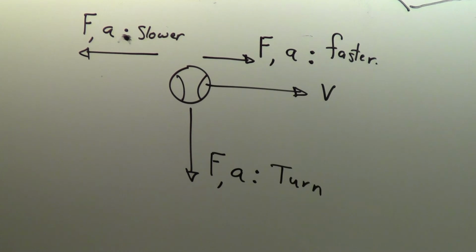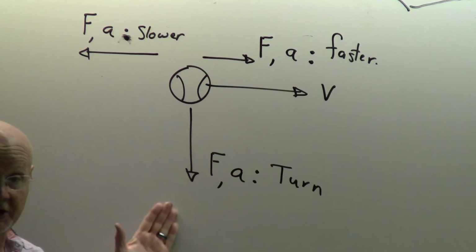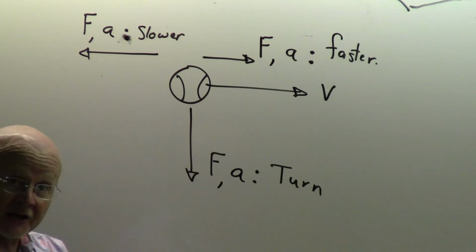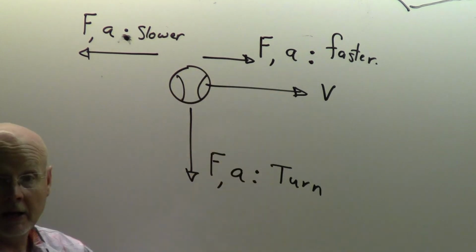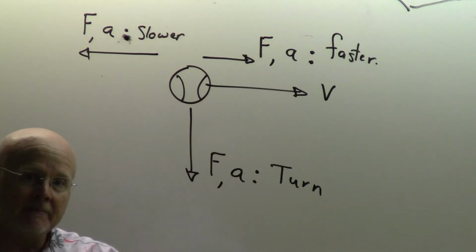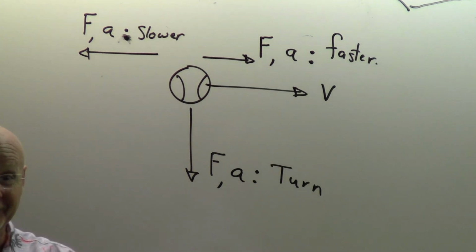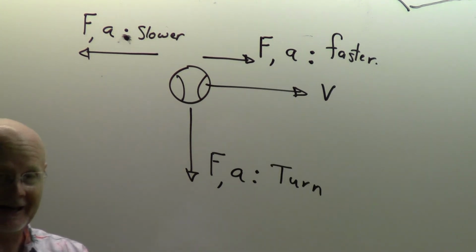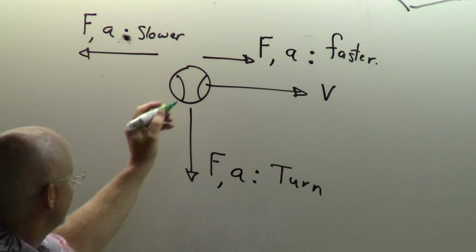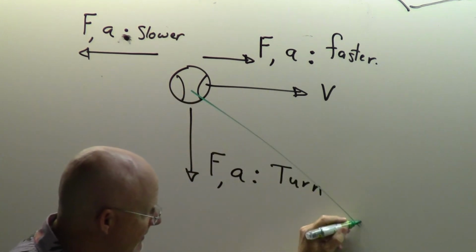This is where our two-dimensional arrowheads come really helpful. Because in order to turn, you need a force this way. In order to go faster, you need a force that way. To do both at the same time, you would need both of those. How do you get both of those? If we had a force that was like this,